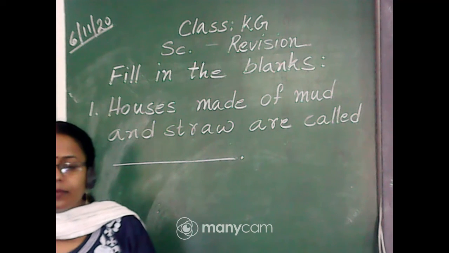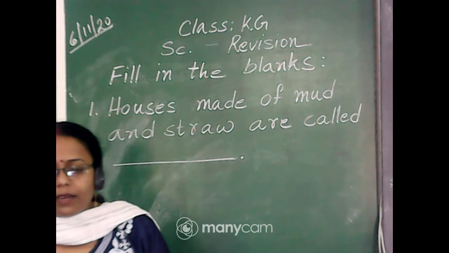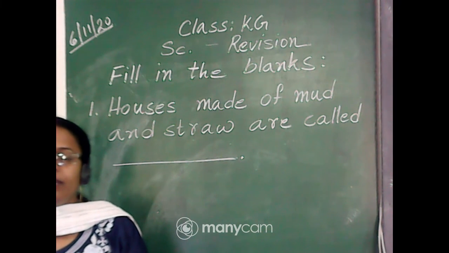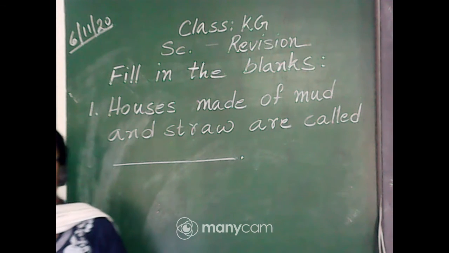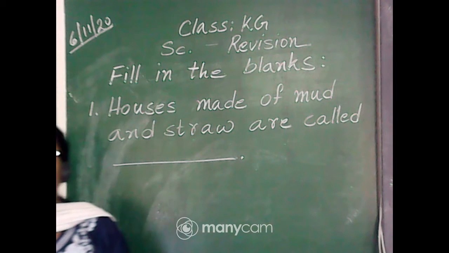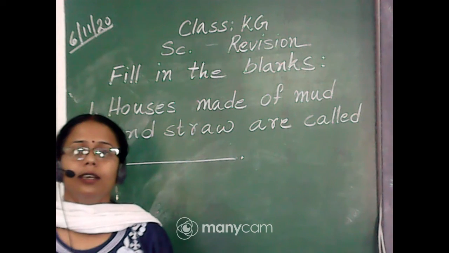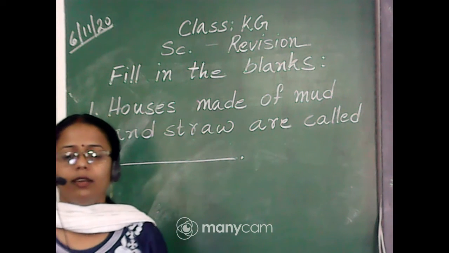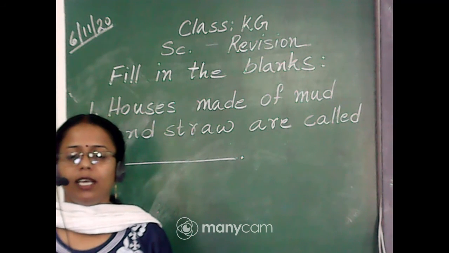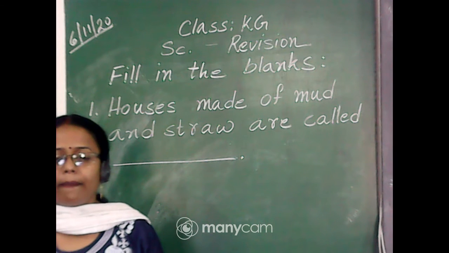Otri, please rectify the spelling of kacha, beta. One C will be there. Though it is a proper noun, still one C has to be included. Otherwise, your phonics is not getting proper over there. Okay? It becomes kuta. So, C has to be added. Yes. Very good, Atri. Now it is perfect.